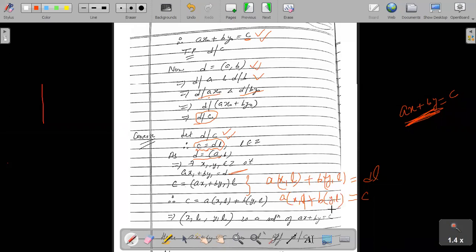So that's it, we got a solution. The solution which I've got is x1l comma y1l. So you see this equation has a solution, and the solution is x1l comma y1l. Is it clear? Girls, clear? Yes, ma'am. Right, so we have proved both ways. If d divides c, then the equation has a solution. Conversely, if the equation has a solution, then d will divide c. Now let us see the next part.